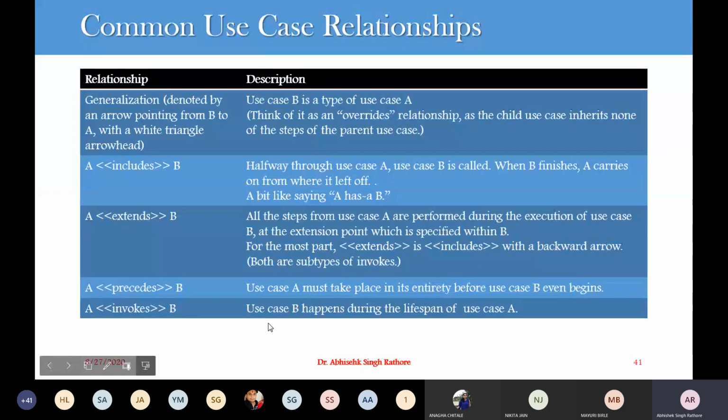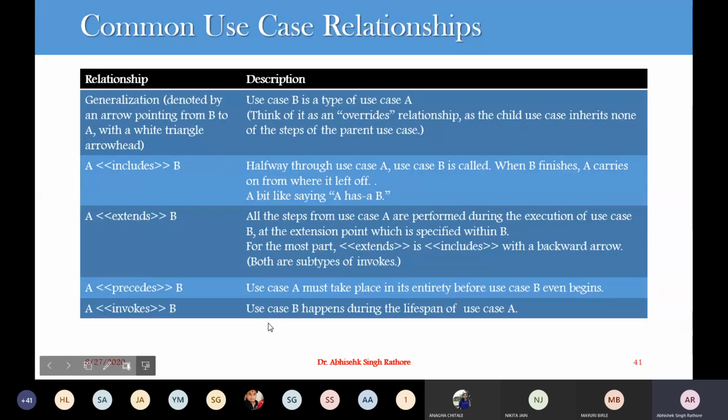This is one use case, check the payment details or check the class schedule. Before that, use case A, let's say it is login. Login always happens before you check payment details or join your classes. So use case A, login, precedes entering into your classes. This is the precede relationship.